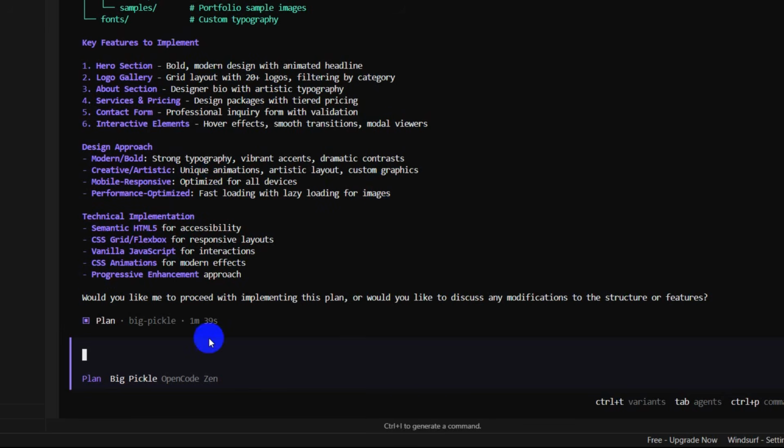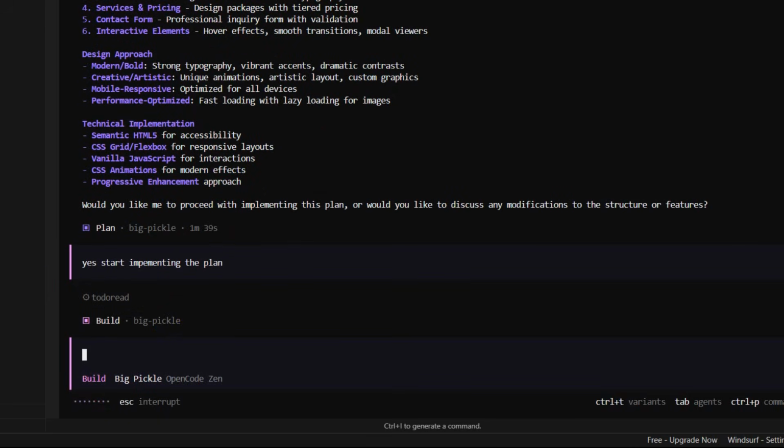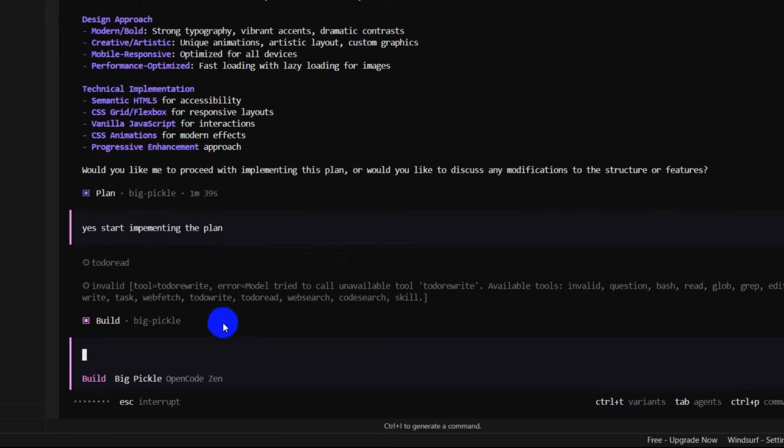And here you can see this is done. So right now here you can see we are in the plan mode. So I'm going to click on tab and we'll go to the build mode. So here we're going to say yes, start implementing the plan, then press enter. And OpenCode right now will create folders and files for us for the project. So OpenCode might ask for permission, just give permission, allow always. Then OpenCode will no longer ask for permission and will write code